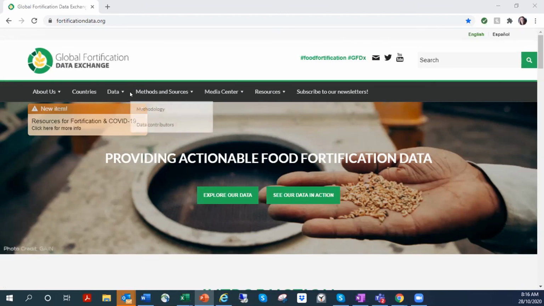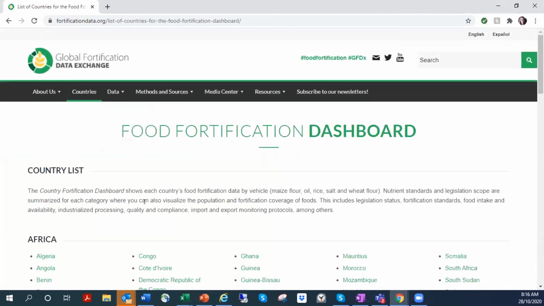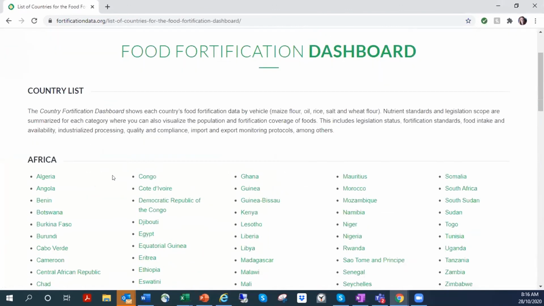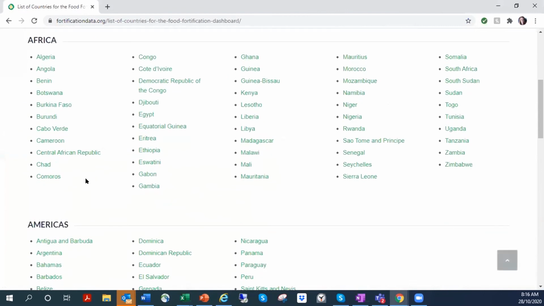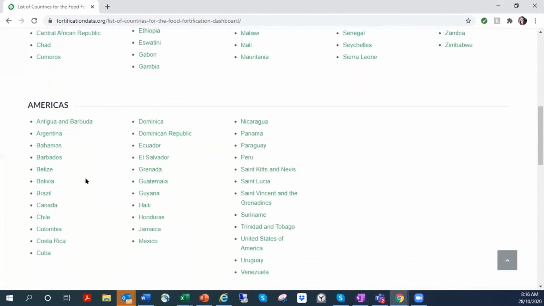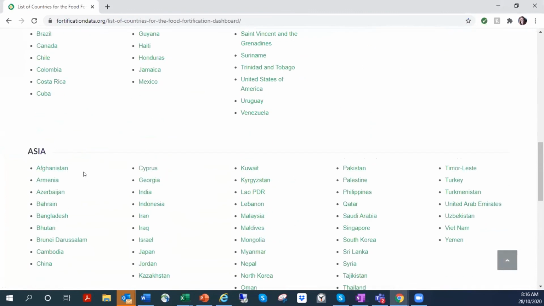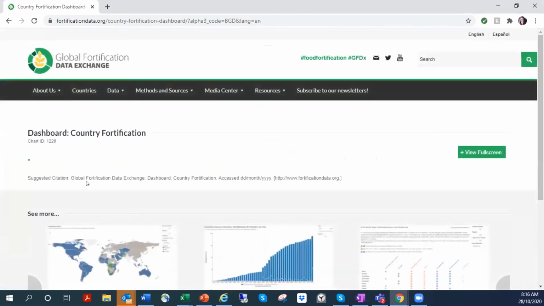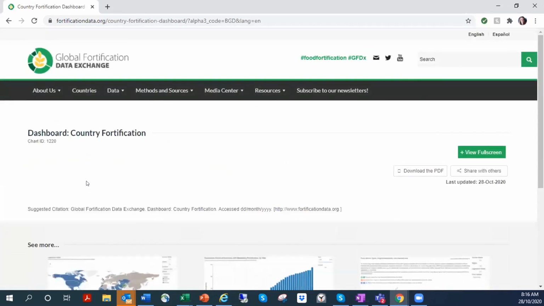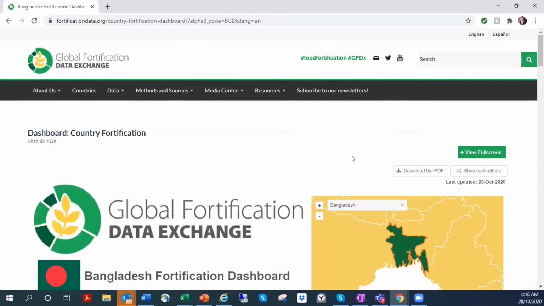So first, what I'll do is I will go to the countries tab, and this will show you a list of all the countries that we have for the GFDx organized by region. And so if you were to click on one of these countries, you would see that, for instance, for Bangladesh, it will actually take you to the Bangladesh fortification dashboard. And so this dashboard shows you